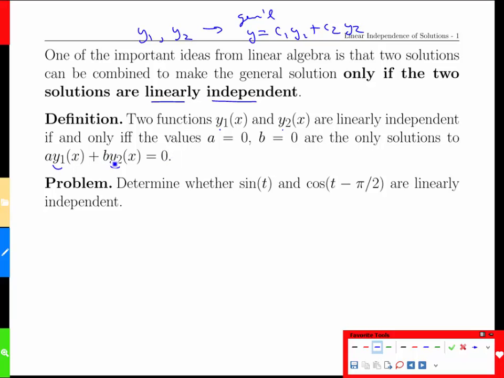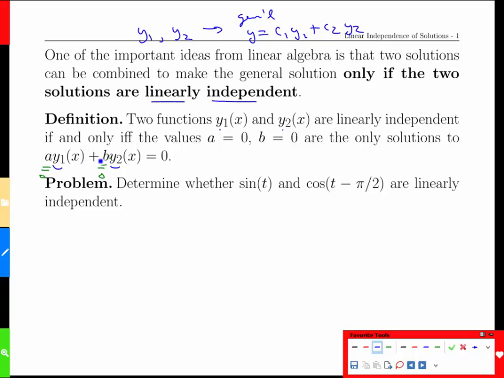The functions are independent if the only way to get a 0 out of this is by combining them with coefficients of 0 and 0. So in other words, if I can't make y1 and y2 cancel by themselves, the only way to make them cancel is by multiplying them both by 0, in which case y1 and y2 don't really matter. That's when two functions are linearly independent. If I can find some combination like 5 of this minus 2 of y2, if those cancel out, then somehow the functions are the same or have some kind of shared property